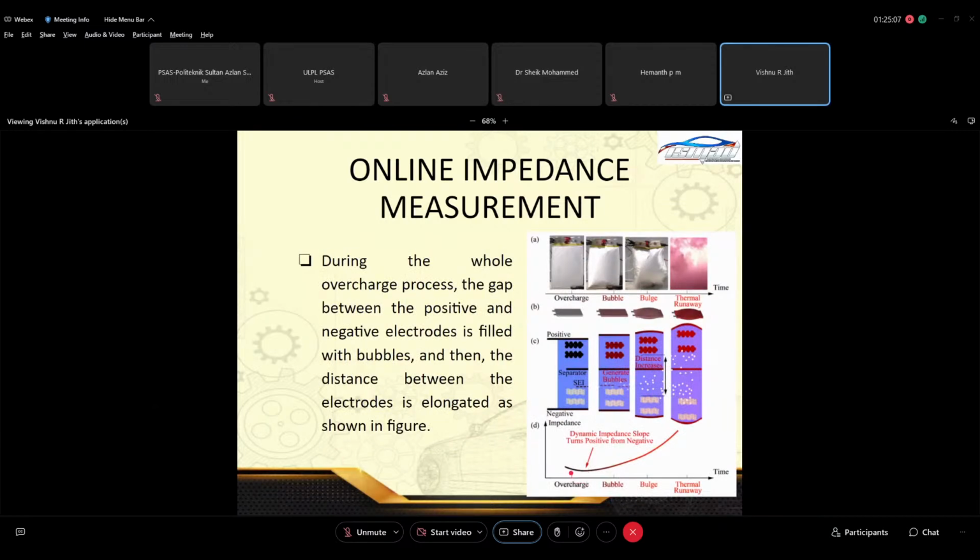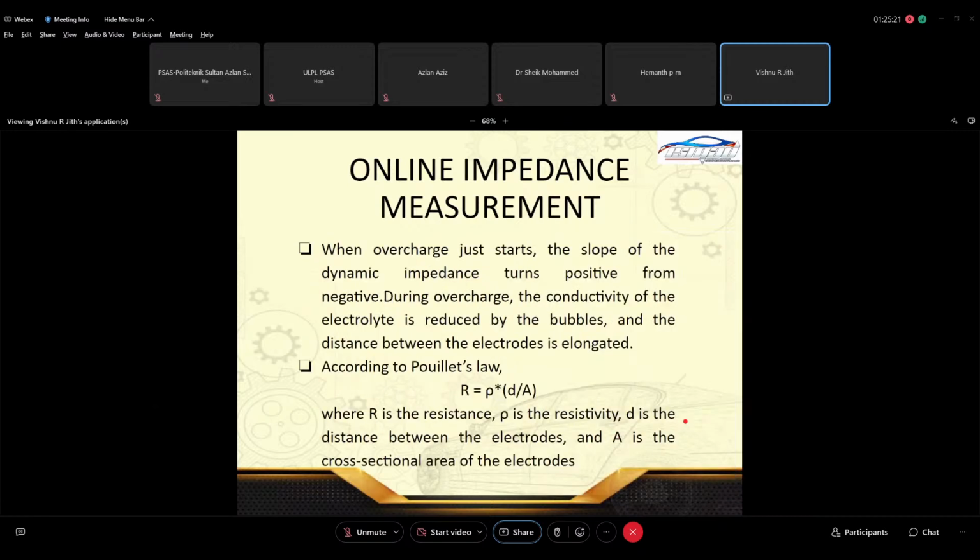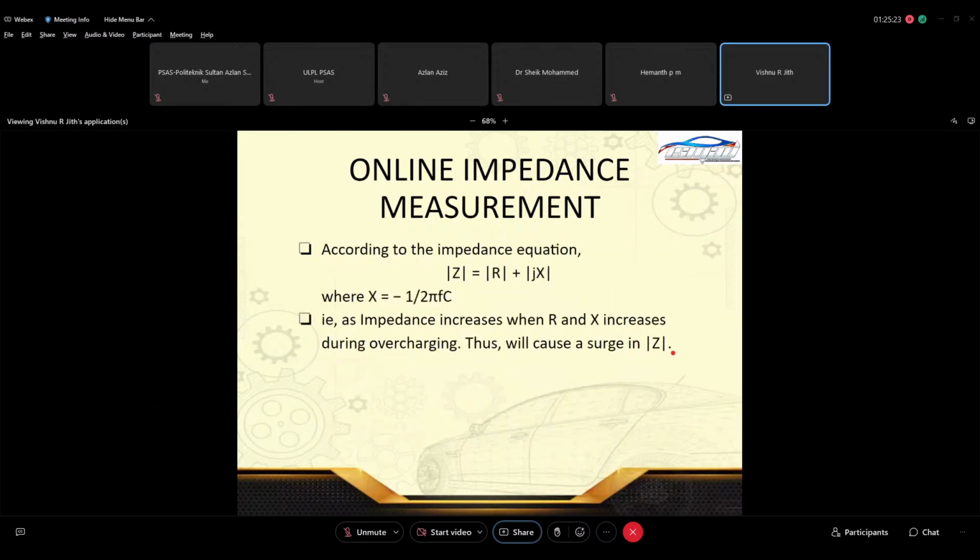As the bubbles and bulges happen, the distance between the electrodes increases, the slope increases, the value of the impedance increases. So at this instant, we'll be able to find that